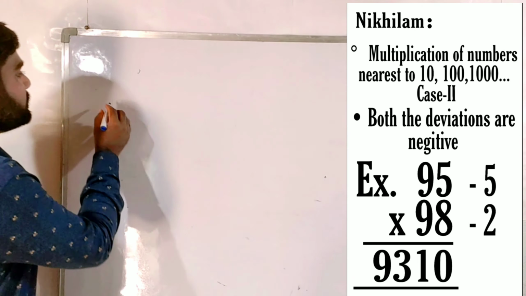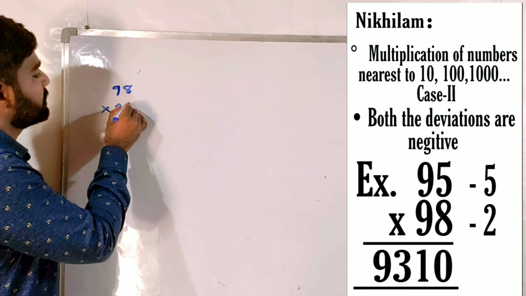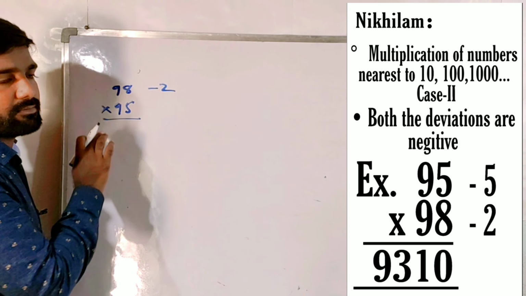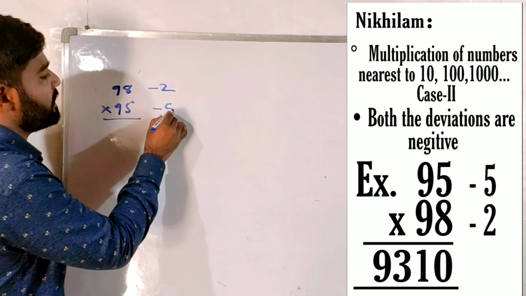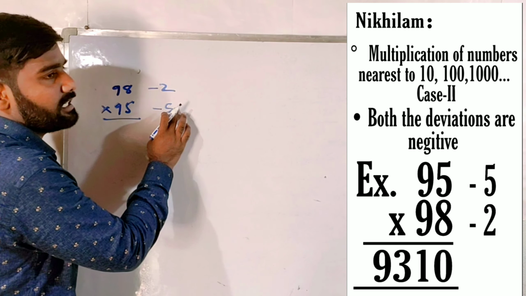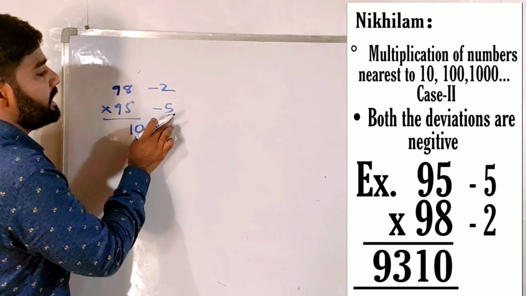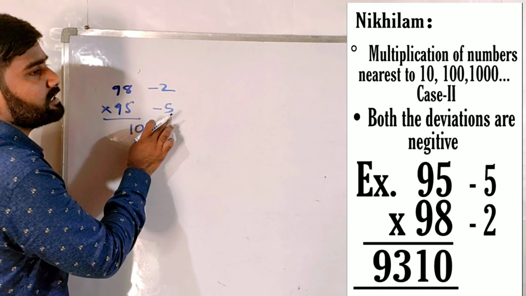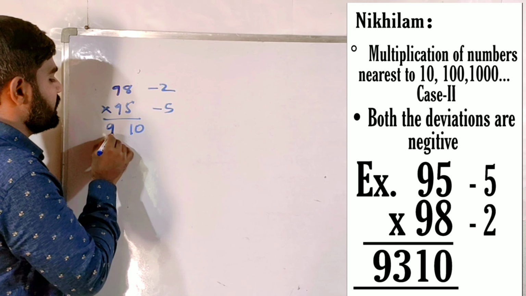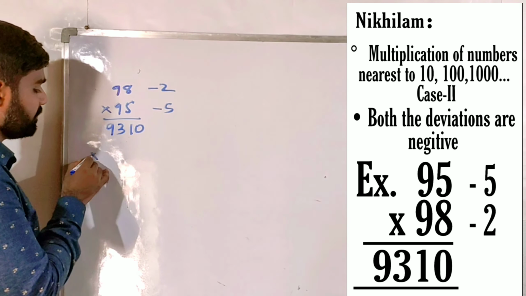One example, 98 into 95. Here the deviation is -2, means it is 2 less than 100. It is 5 less than 100, that is -5. The product of the deviation, minus into minus plus, 2 5s are 10. So it is positive, write 10 as it is. And 98 minus 5, because it is a negative deviation, we have to subtract it from the number. 98 minus 5 is equals to 93. The answer is 9,310. And the second question,